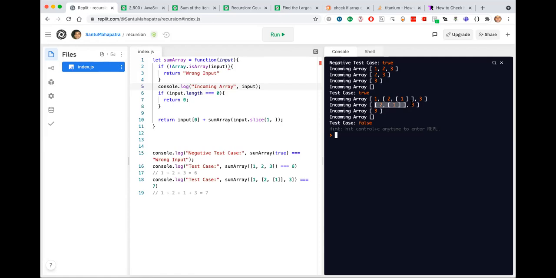Okay, Hemant is saying one more if condition. That's correct. But for which particular thing? Which particular part should I put one more if condition? So I have to check this input 0, the first element.